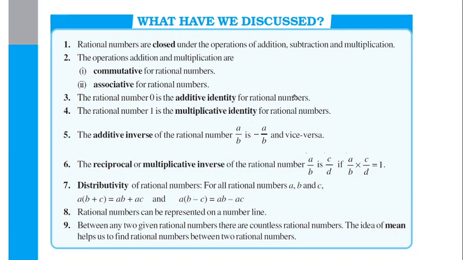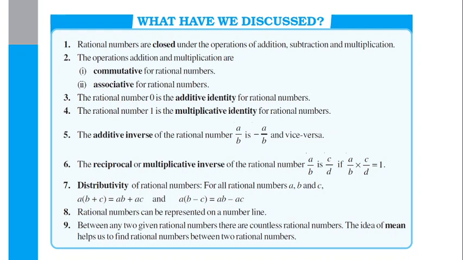Now what is additive identity and multiplicative identity? Remember this one. If you add something to any rational number and the answer is the same rational number, how do you get it in addition? Suppose I have been given 5 and I want again 5 as the answer. So what should I add to the 5 to get the same answer? I will add 0. Of course we have to add 0 to get the same answer. So 0 is nothing but the additive identity.